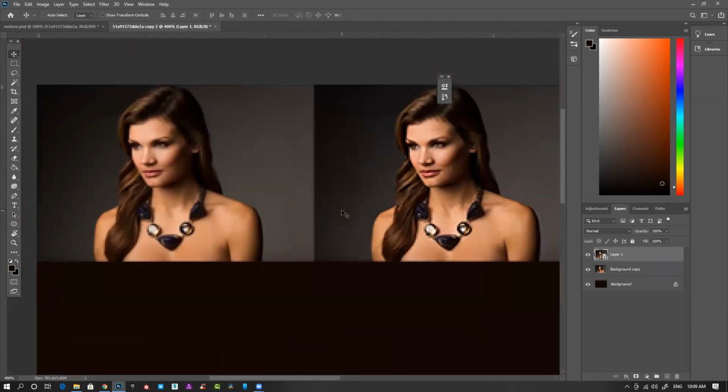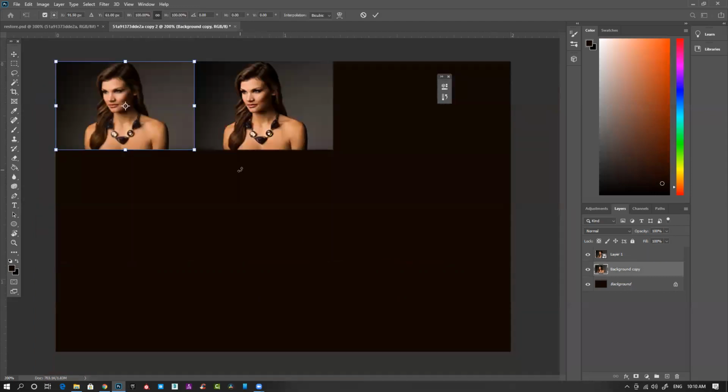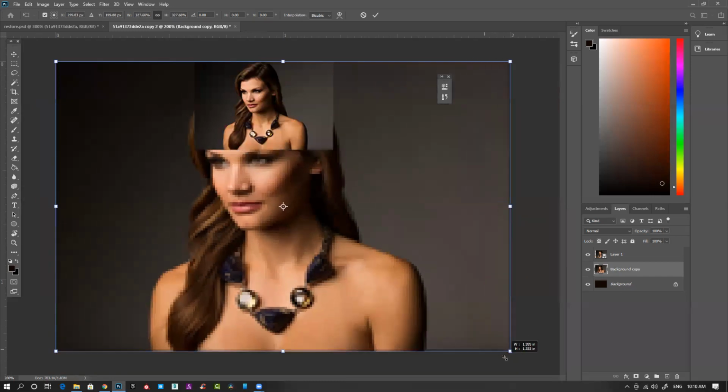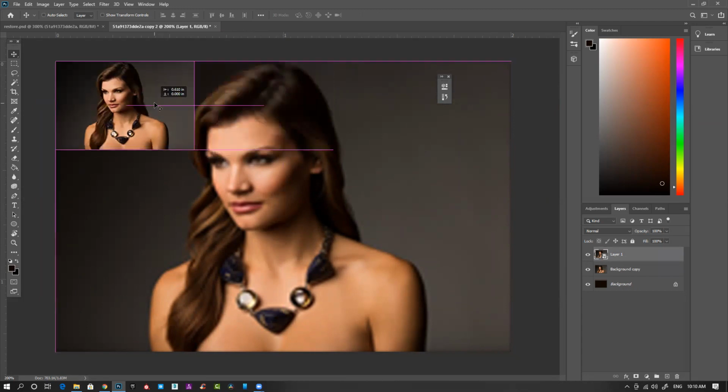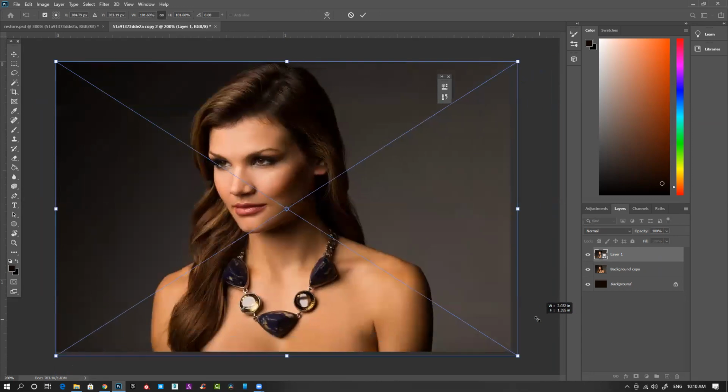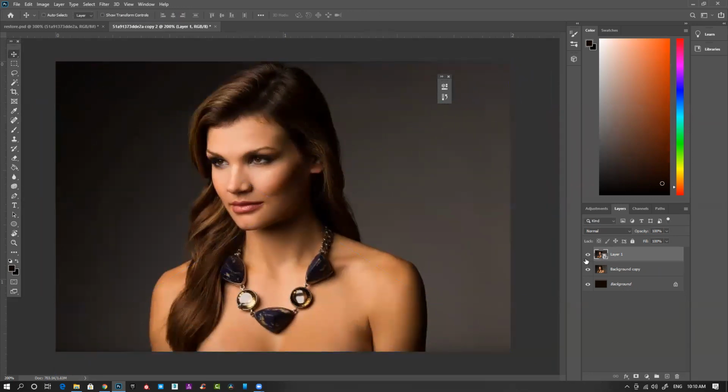Zoom in. The only thing you can see is I reduced the size. This is also blurred. This is also blurred. But you can see this has a little bit of extra contrast, extra depth. That's the only difference. But the main thing happens when you scale it up again. Now, if I want to scale it up again, you can see this entire image becomes really blurry. Whereas if I try to increase the size of this, it will retain all the details. See?